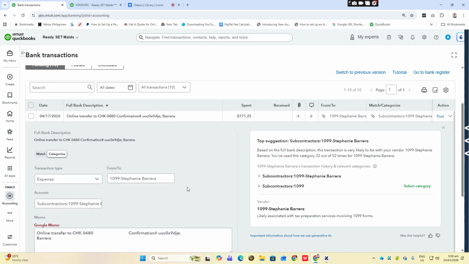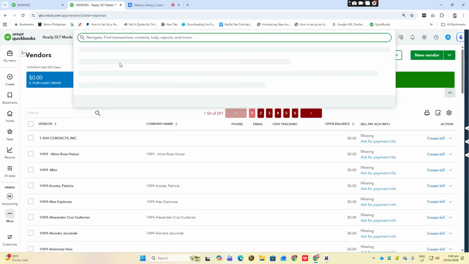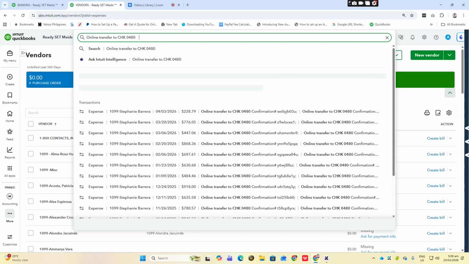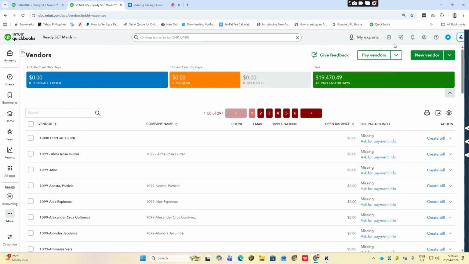So it says here, online transfer to check 0480. I'm going to use an advanced search. Paste this one. So what did I do?